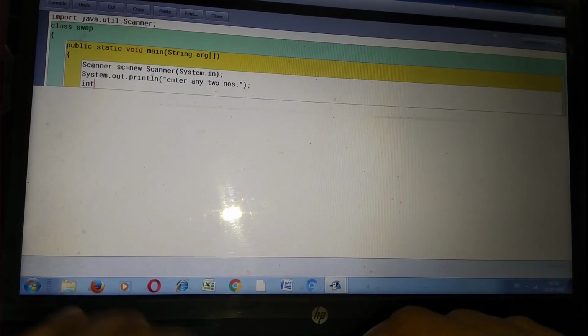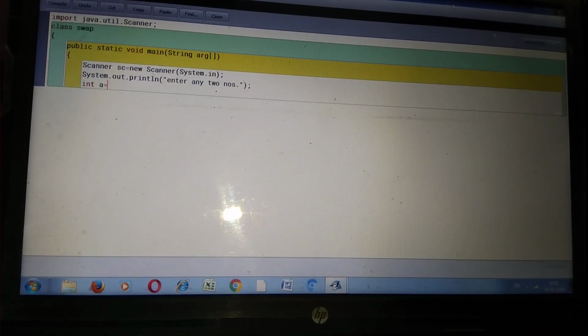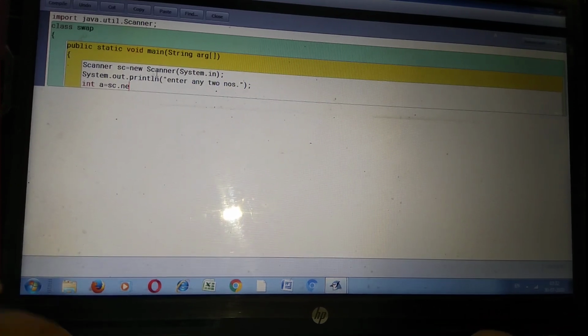Okay. After this, we have to take input of int type. int a is equals to. Now we are going to take input from the user, so we use the object of the scanner class, that is sc. sc dot nextInt.